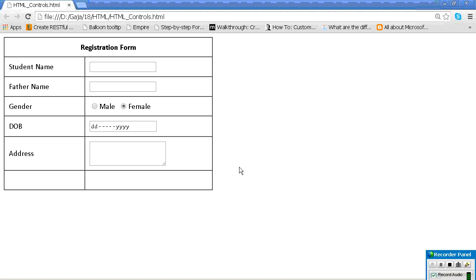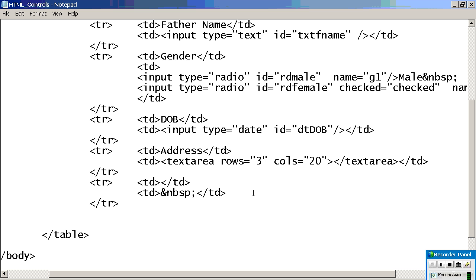So it's only your text area. If you want to increase the height and width, go ahead; you can even use width and height also.